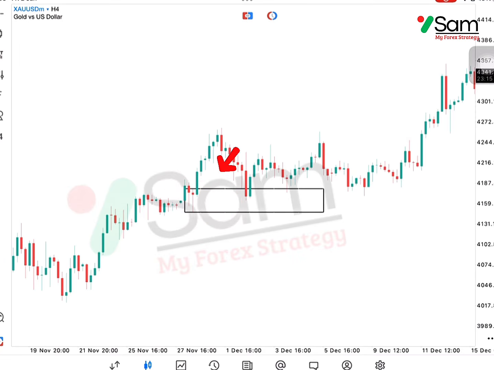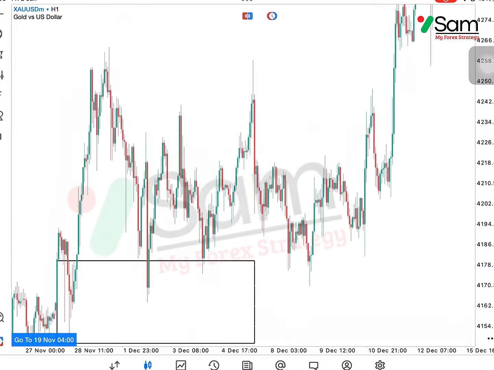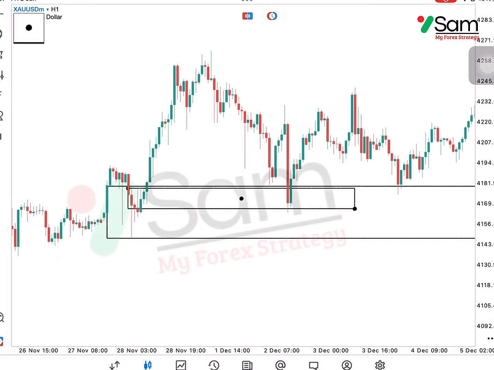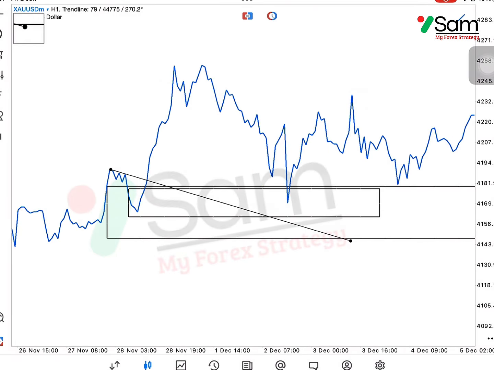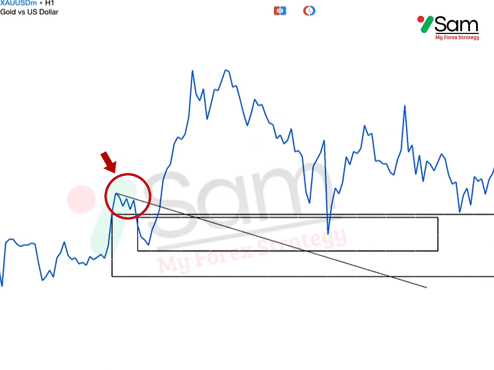After that, we move down to the H1 time frame and look for another engulfing pattern. Here we can see another bullish engulfing. Now we check, is there any logical confluence? Yes, there is. In this area, there are already 3 resistance levels formed. We simply draw a trend line. The result makes sense because the trend line aligns with the engulfing area. Next, we move down to M30 to get a more precise entry zone.